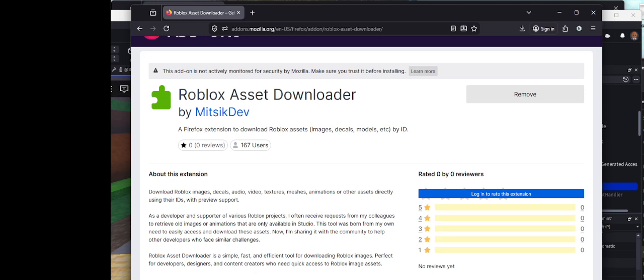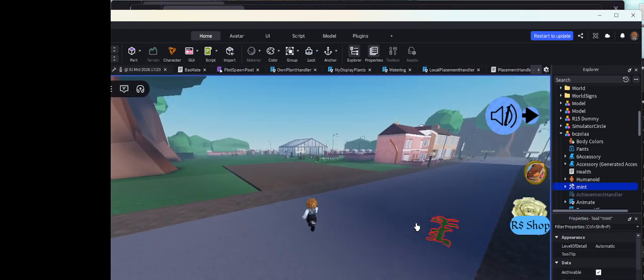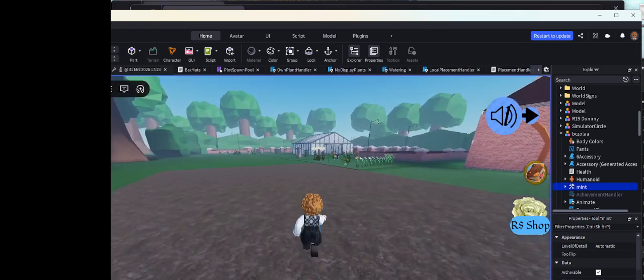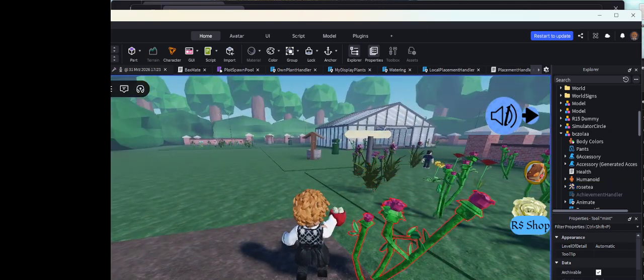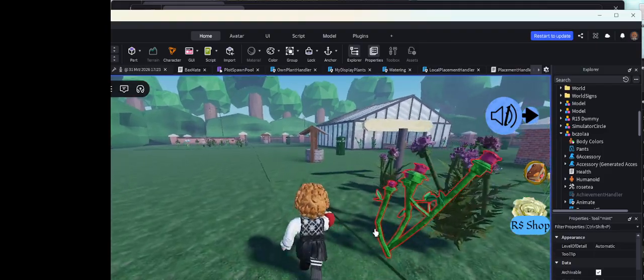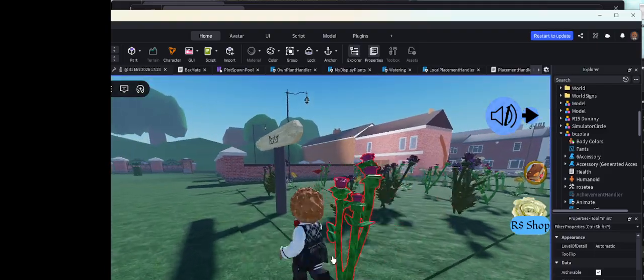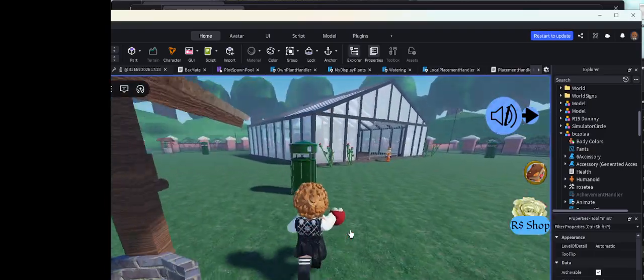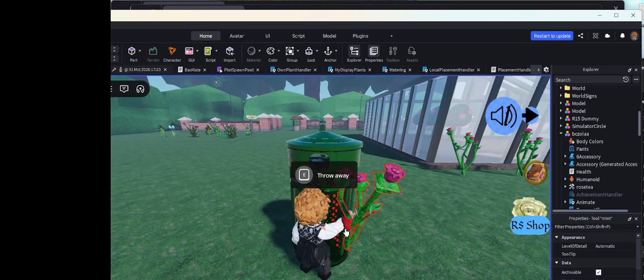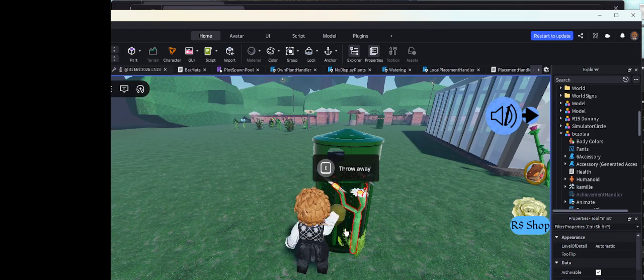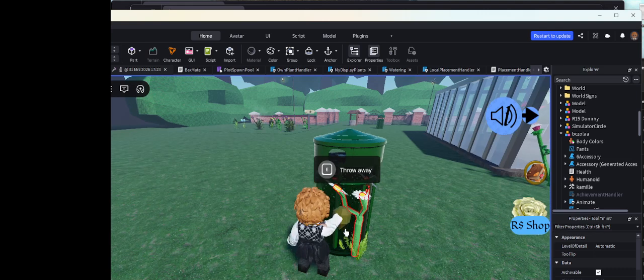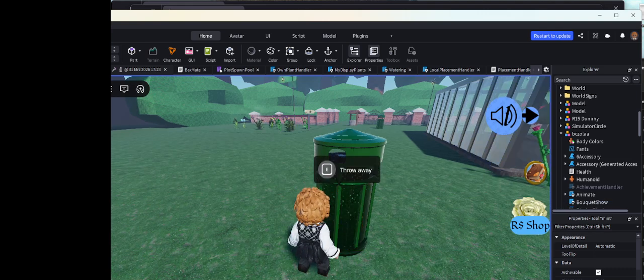But I'll get to copying a bit more of the seeds and I will get back to you. This is a little bit of a repetitive process that you have to do, but I do think it's worth doing. And what I would also recommend, because I do have a save load system, but not all of my items are saved the same way. So this is the wrong image. Now, if I leave and rejoin the game, it would be corrected, but there is just another way. And it is that I have written this, and it just throws away whatever you have on hand. And since when you leave and rejoin the game, that's when you save load, so it will just, yep,